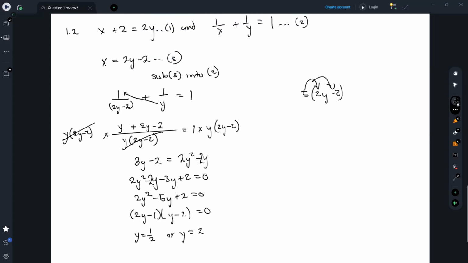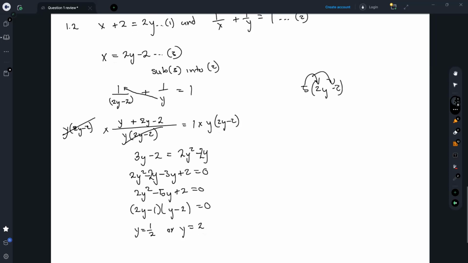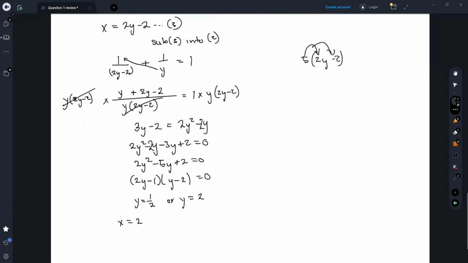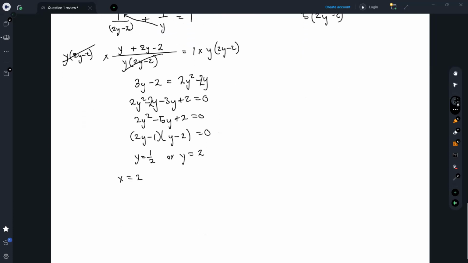Okay, so now we have found our values of y, and we can go back to equation 3 so that it assists us in finding the values of x. So what we're going to have here is, x is equals to, and equation 3 was in the form of 2y minus 2. So we're going to have 2 into half minus 2, and this is going to be minus 1, because half of 2 is 1, 1 minus 2 is minus 1. Or we're going to have x is equals to, now we're going to substitute in the value of 2 in this case. So it's going to be 2 into 2 minus 2, and that will be 4 minus 2,